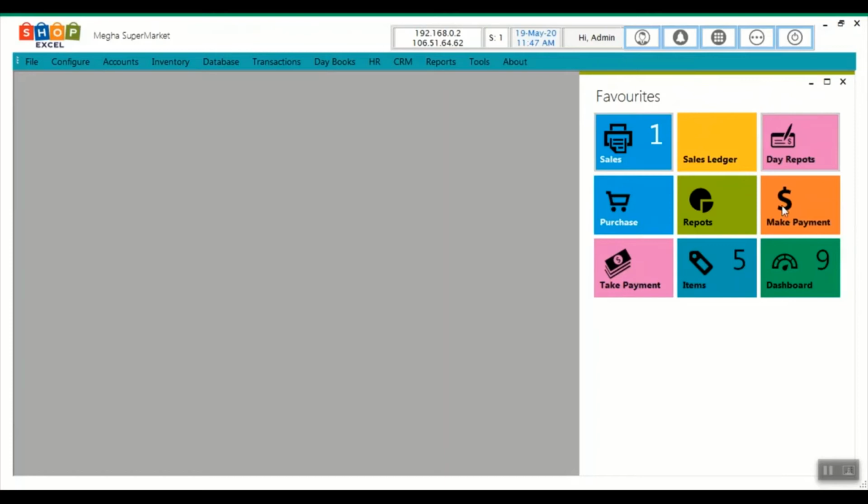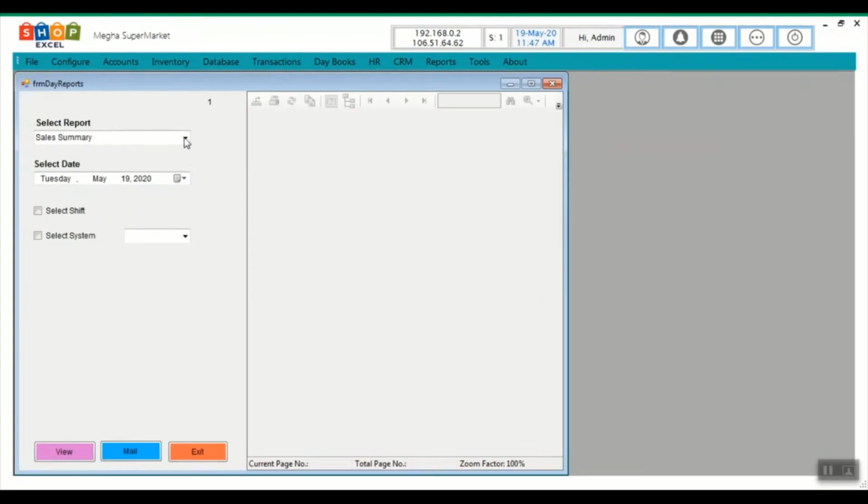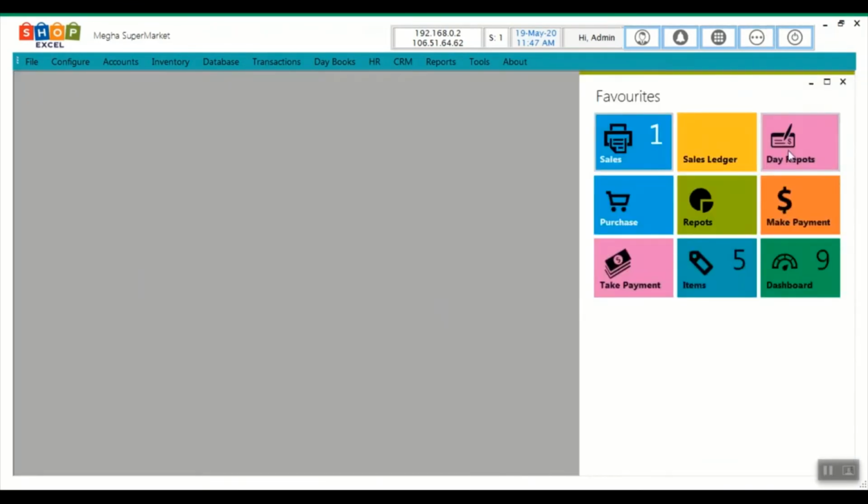Then the next shortcut is day reports. Under day reports, you will get the information like how many bills you have done today, what is the amount collected, then item wise sales, if any sales return is there, sale return, then the cash report, how much card amount, how much cash amount, how much Paytm amount, and all reports you can export it to Excel or PDF. These are the daily reports. You will get it in this shortcut.